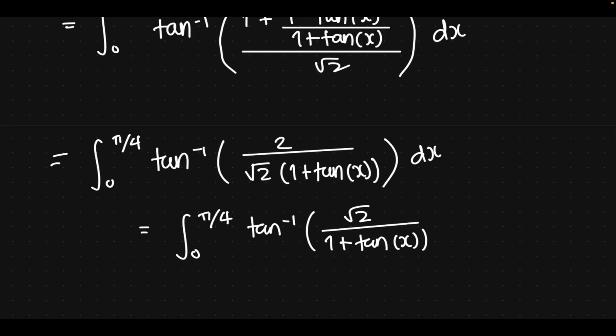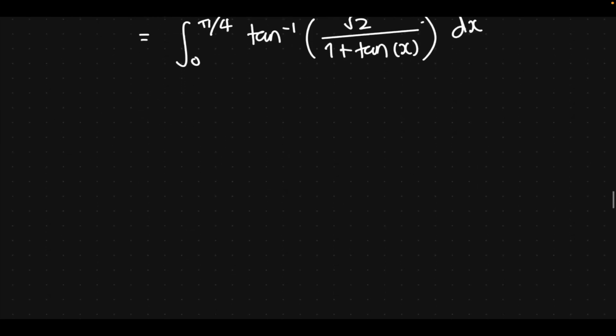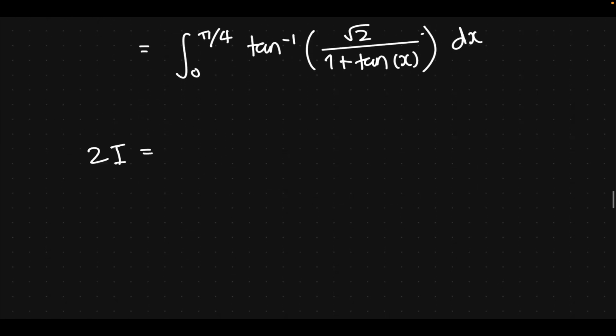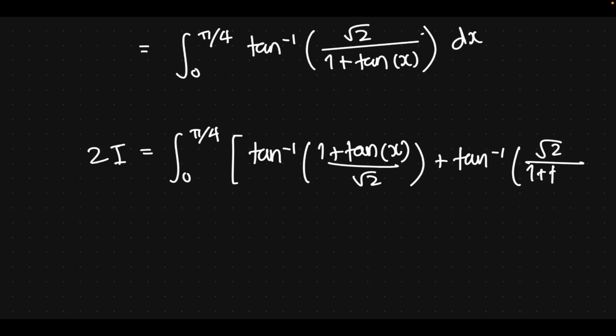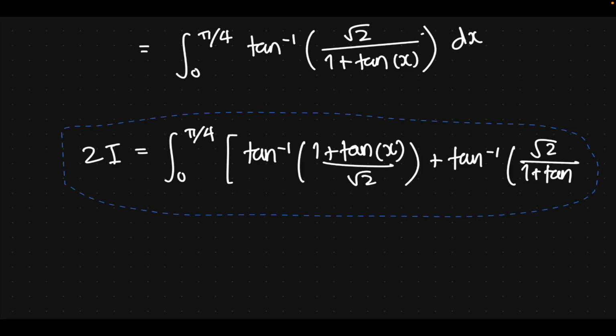And this is the point where we actually stop and realize that if we add both of these things together, so we have 2I, we add both of them together, 0 to pi over 4 of tan inverse of (1 plus tan x) over root 2 plus tan inverse of root 2 over (1 plus tan of x)